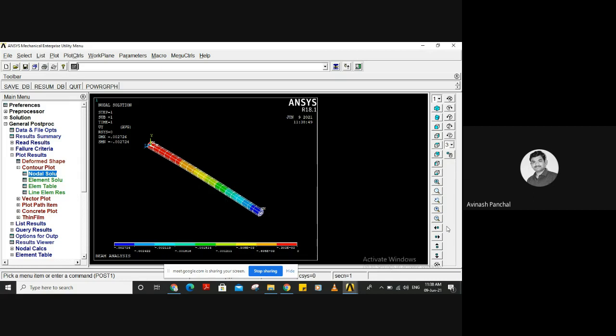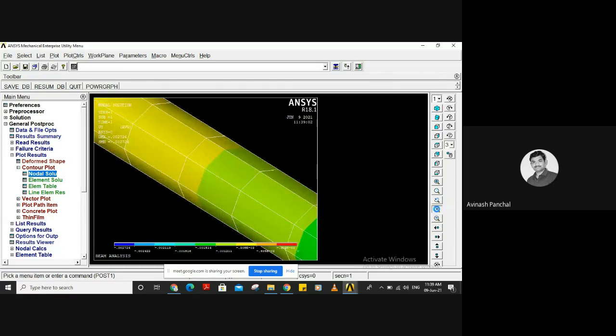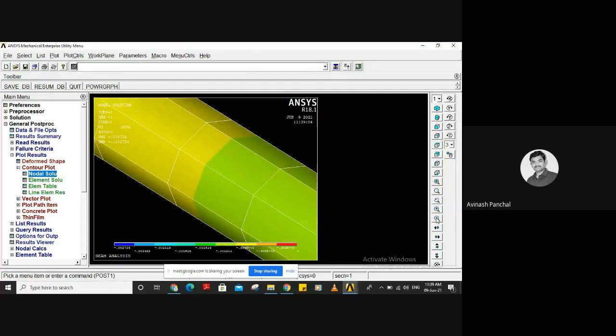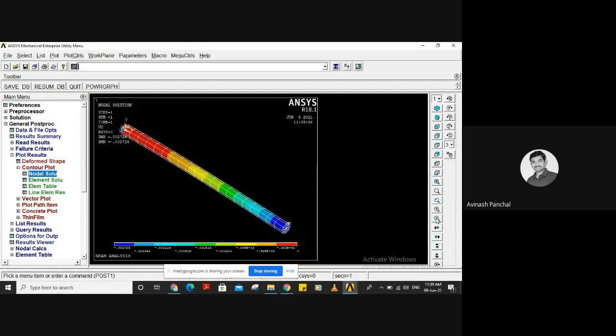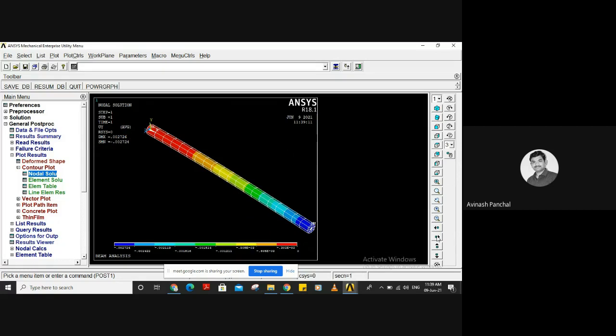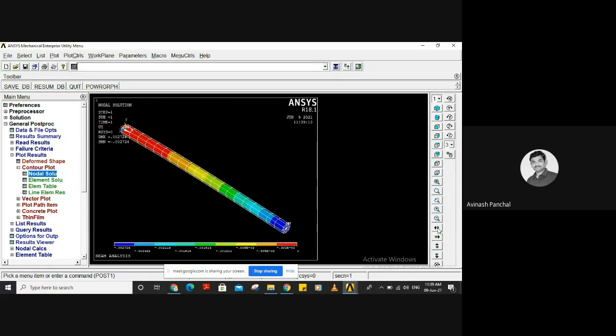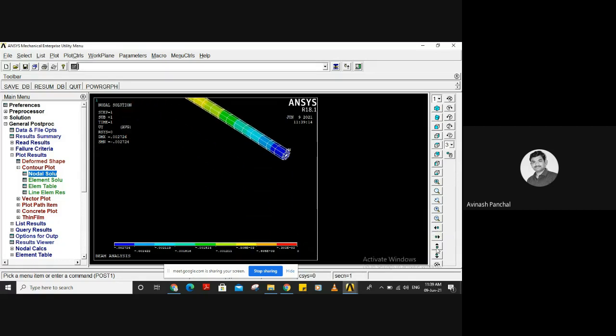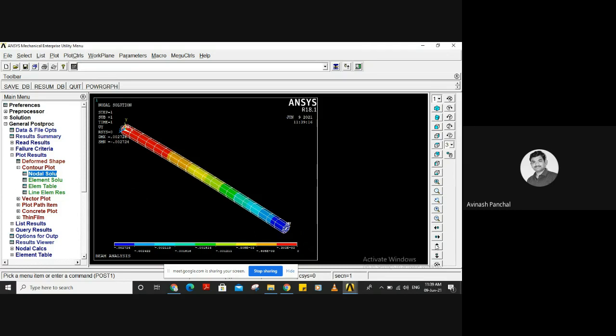We can zoom it, or fit to the window, or zoom in and zoom out. Then left, then right, move, pan upward, pan downward. We can use all these options over here.